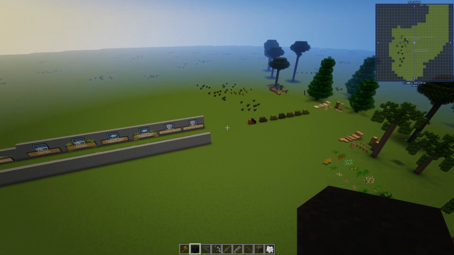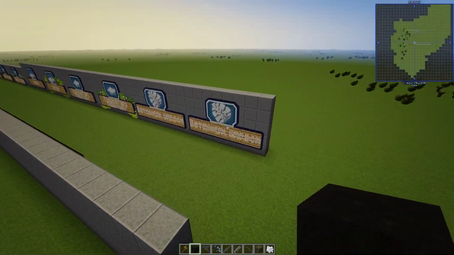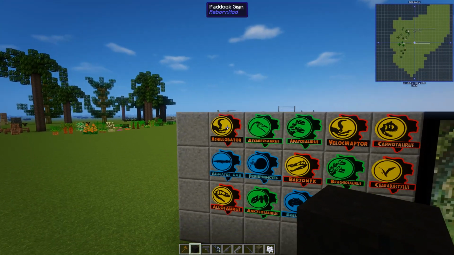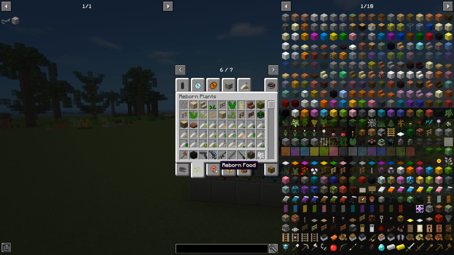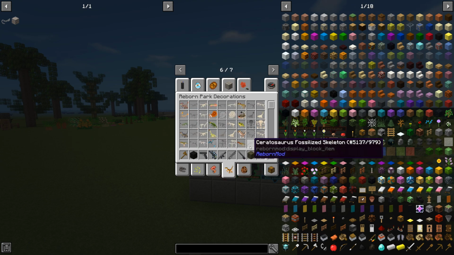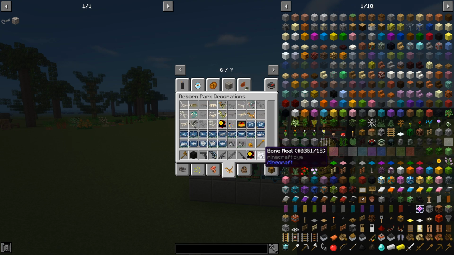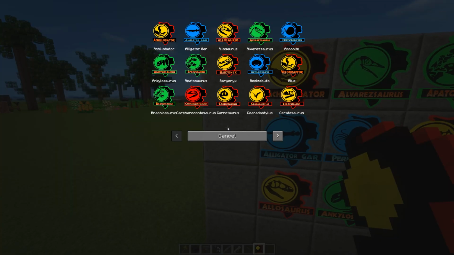So that brings us neatly on to some more signage. Finally, right, so you have all the Paddock Signs. Easy to use the Paddock Signs as such. And I'm trying to think where the Paddock Signs are, because I think they could be here, yeah, or not. Yes, there's a Paddock Sign, so let's just get rid of that. So what you do is you pick